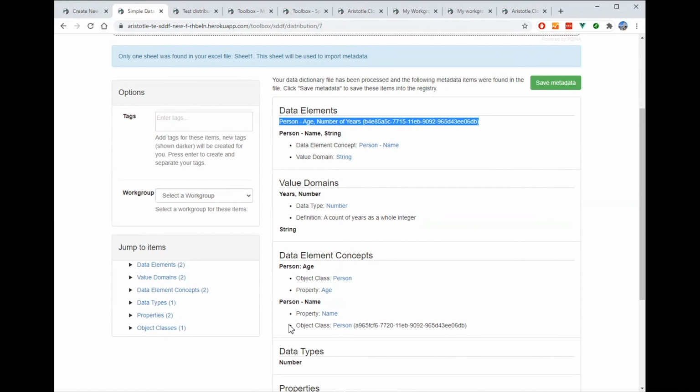It's also found that I've done something similar. So I've created a data dictionary that has a person's name and a person's age, and it's found the existing links as necessary to bring all of those together. I think that's basically all we're going to be showing here, but the idea is we're going to be rolling these changes out to make it easier for people to link these definitions together as they